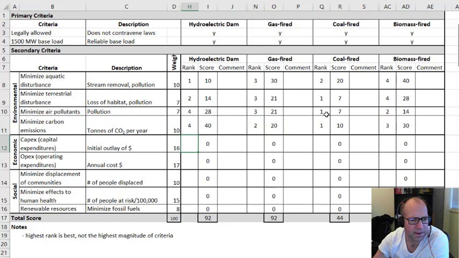Okay, so CapEx and OpEx. These are all pretty expensive. There's nothing cheap here. Coal is actually generally the cheapest. I did look up some cost-benefit analyses before doing this. It's actually quite cheap to run coal compared to any other option. Hydroelectric, depending on where you are, will vary, but is often number 2 in this ranking. Gas-fired would be the